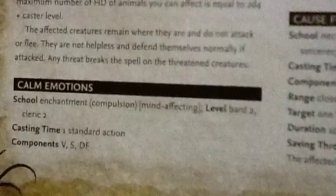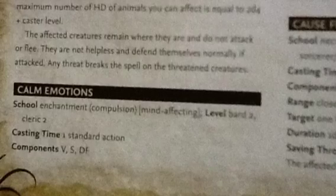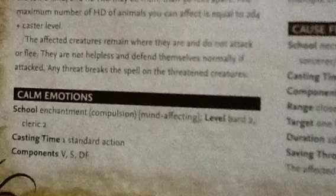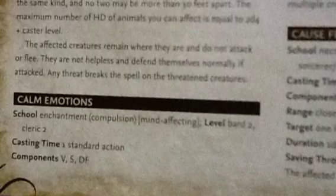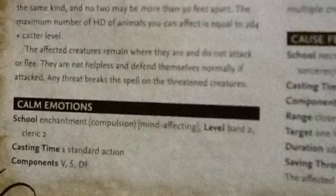Second level spell choice is Calm Emotions on page 252 of the Pathfinder core book. This spell has a fantastic range, 100 foot plus 10 foot per level, and it affects all creatures in a 20 foot radius spread. The normal use of the spell is twofold. It can be used against raging creatures, so that can interfere with Barbarian's Rage, but the most important use of